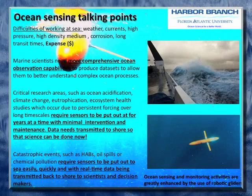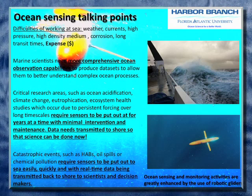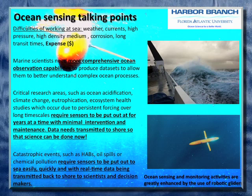There's the obvious challenges like the weather and strong currents, high pressure and density of the medium, corrosion. And really, marine scientists need much more comprehensive ocean observing capabilities than can be offered just using a ship and just taking a point measurement in order to get the data sets that allow them to better and properly understand some of these complex processes, climate change being one, ocean acidification, which is related,